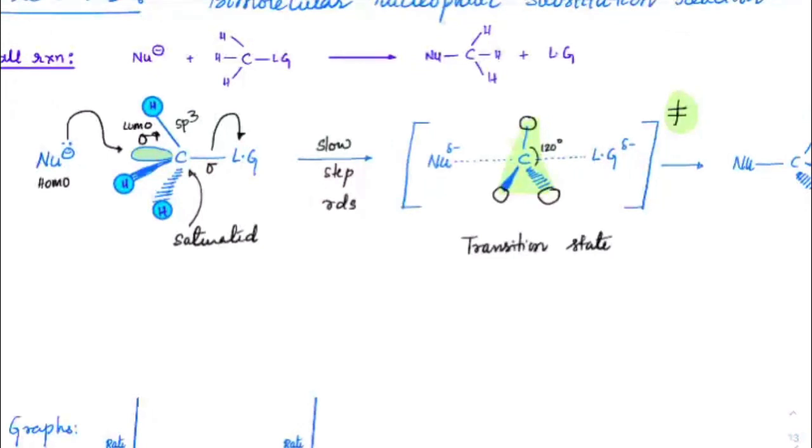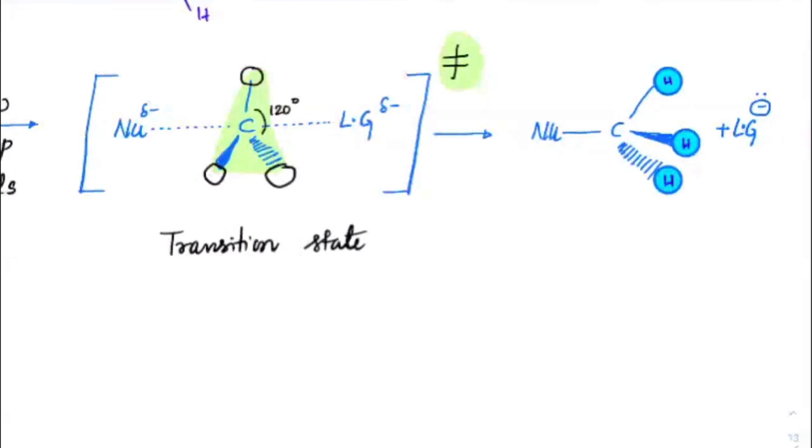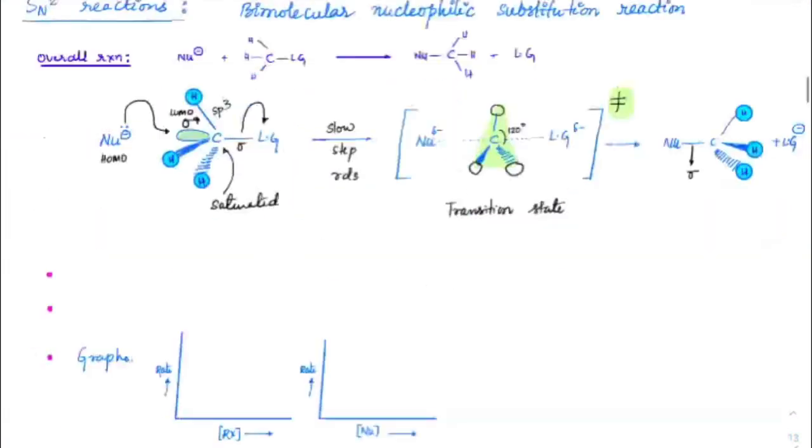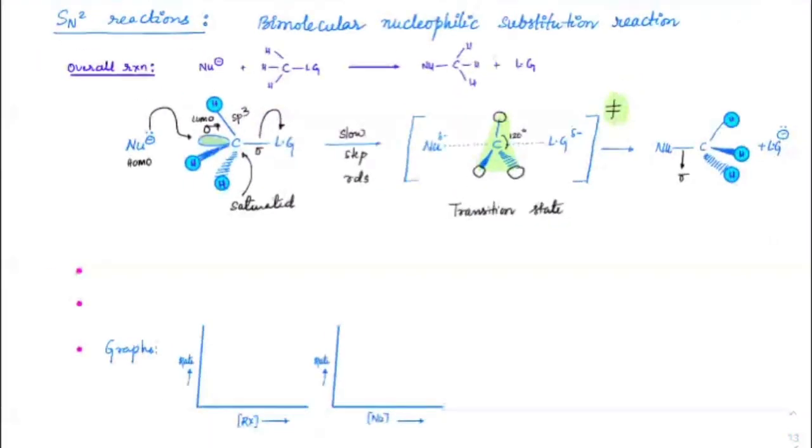So these three will come in plane, more like an sp2 hybridized carbon. Got it? In a transition state, we should not use the terminology hybridization, but based upon the structural alignment, you can say it is replicating an sp2 hybridized carbon. And from one end the nucleophile is attacking, from the other end the leaving group is leaving, and hence we will get a product like this. So we will have a new sigma bond formation, and the leaving group comes out of that. So this is overall how the mechanism takes place for the SN2 reaction.